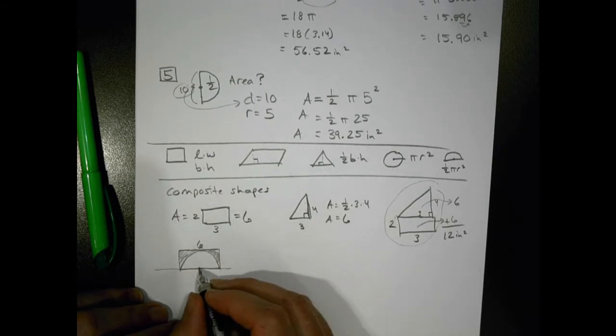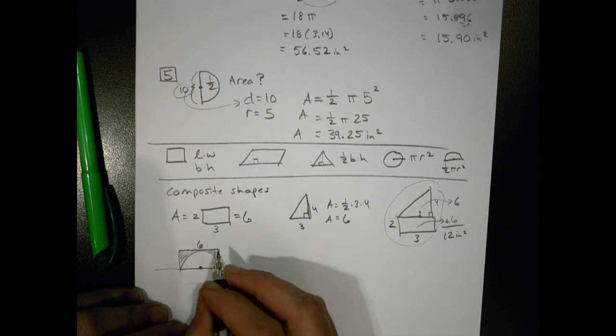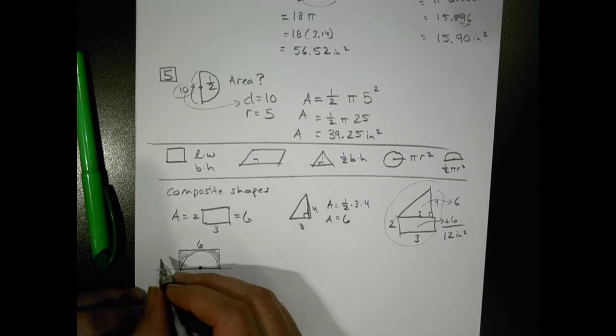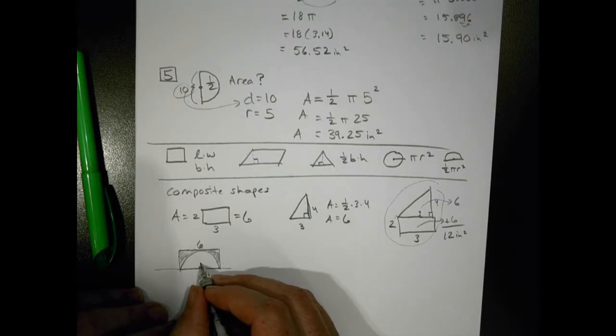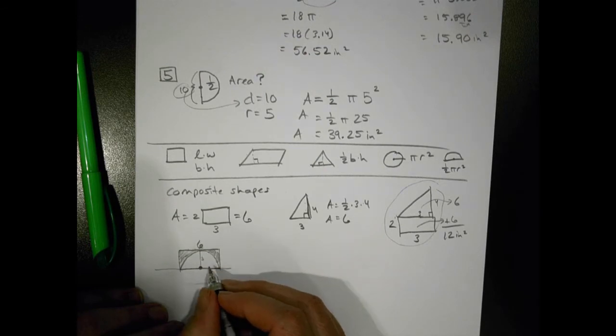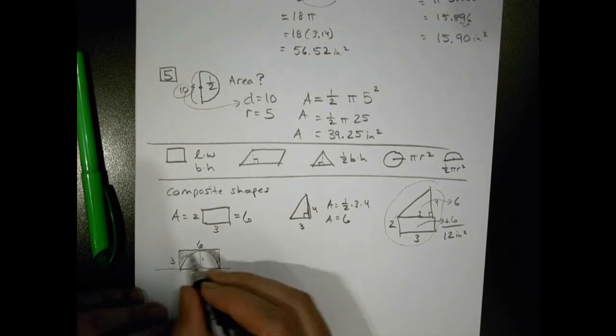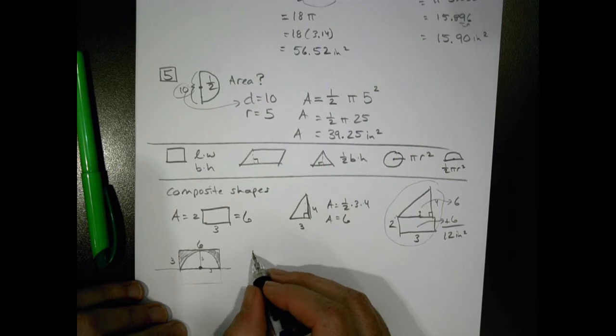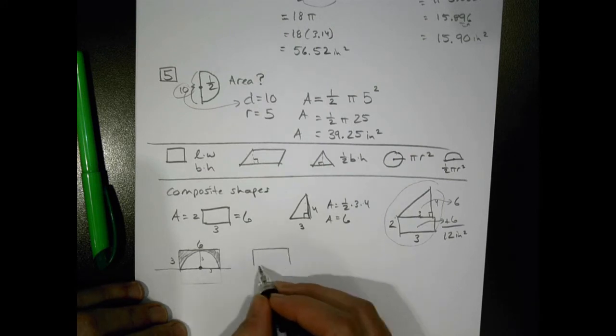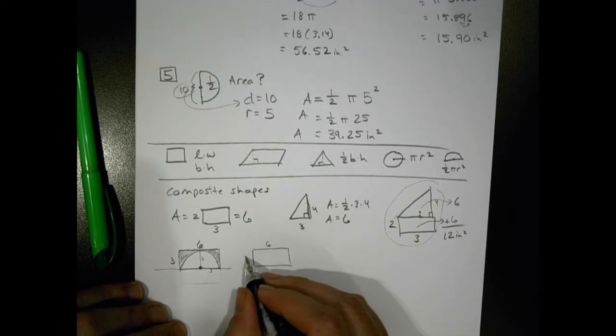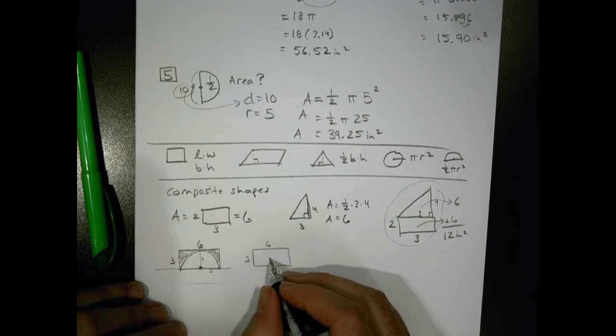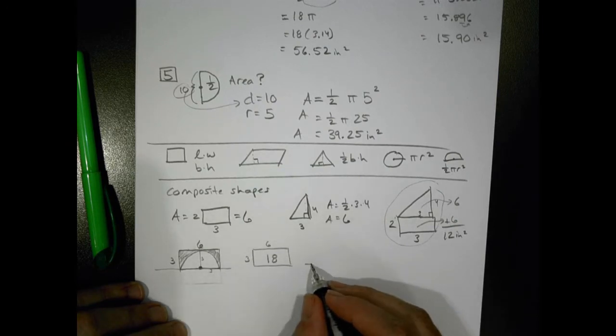Why can we do that? Well, it's a composite figure. What we have here is half of a circle, and if we have half a circle, the radius here is going to be 3 and 3, which means we have a height of 3. What I really have is two shapes, don't I? I have the rectangle shape, which is 6 by 3, which has a combined area of 18,